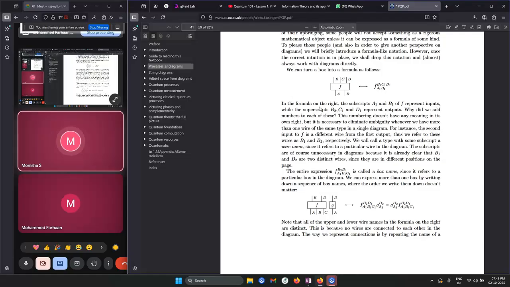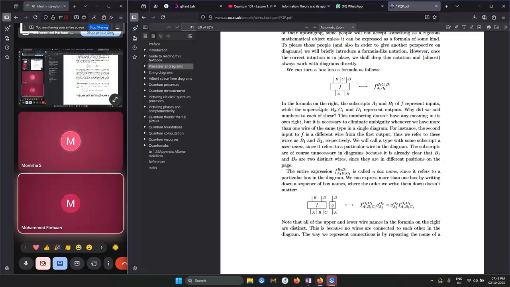The entire expression F, A1, B1, C1, B2 and D1 is called a box name since it refers to a particular box in the diagram. We can express more than one box by writing down a sequence of box names where the order we write them down doesn't matter. Okay, so what this means is that even though we're just doing these both processes simultaneously,